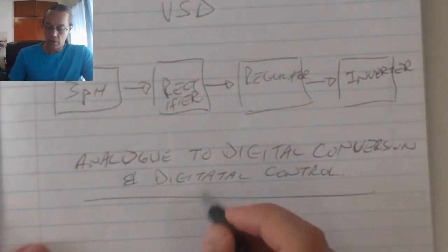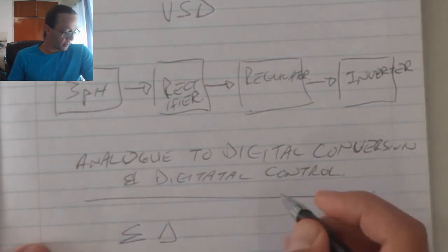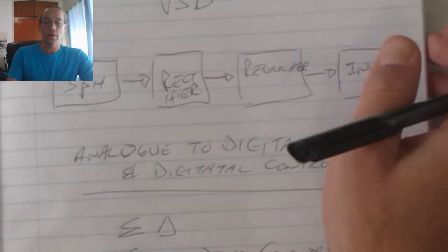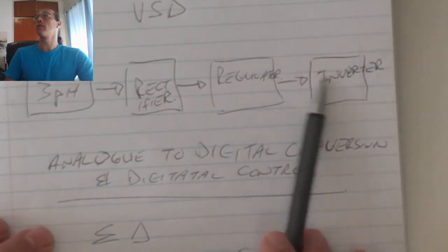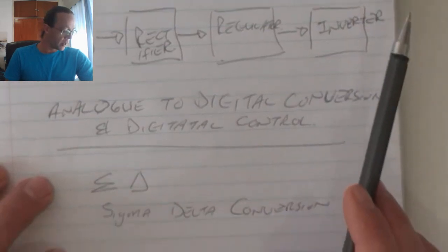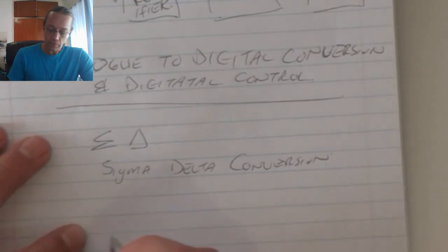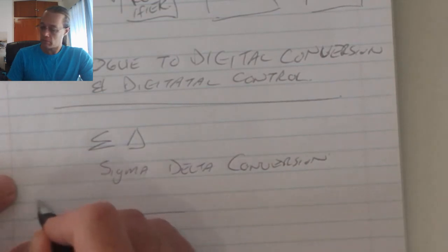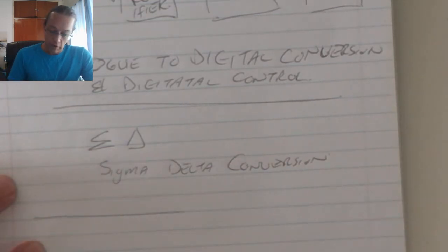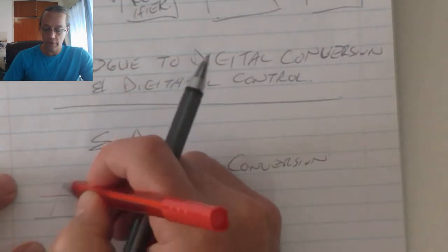This is also called sigma delta conversion. Basically how this operates is, when it comes to the regulator and this inverter, it's also called a modified sine wave inverter. How that operates is instead of converting the DC value into a sine wave,